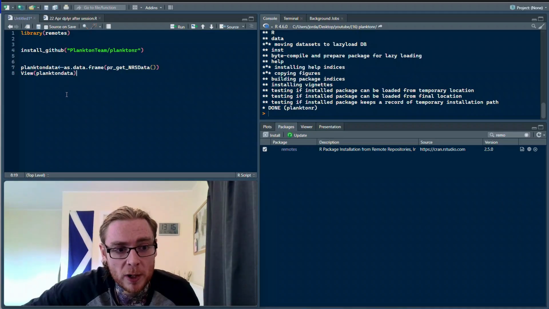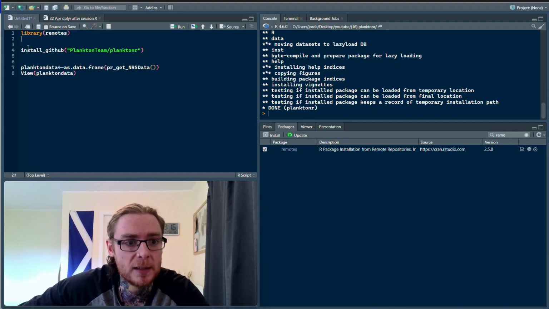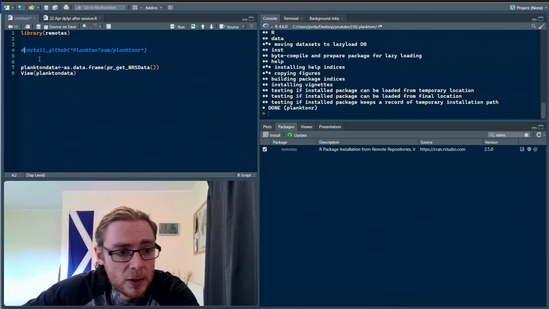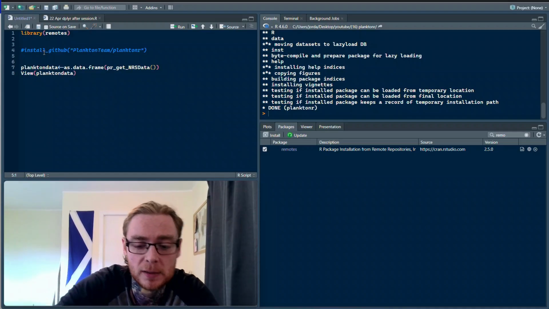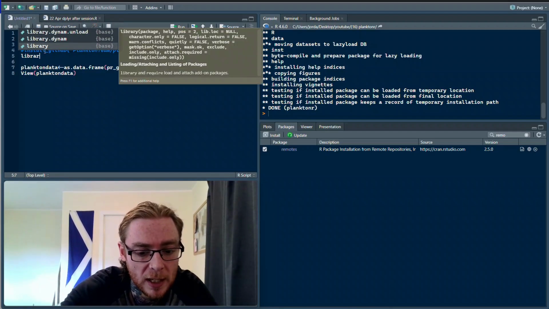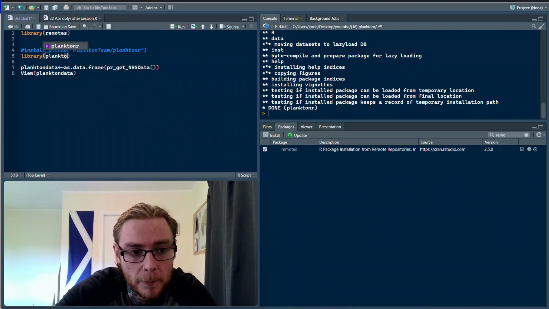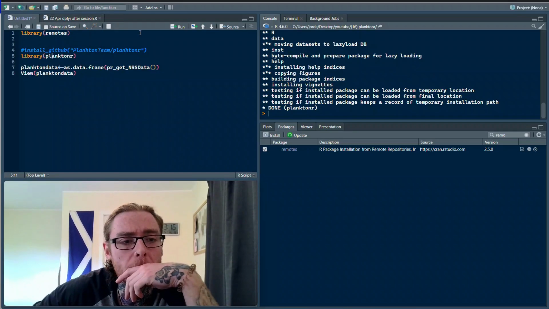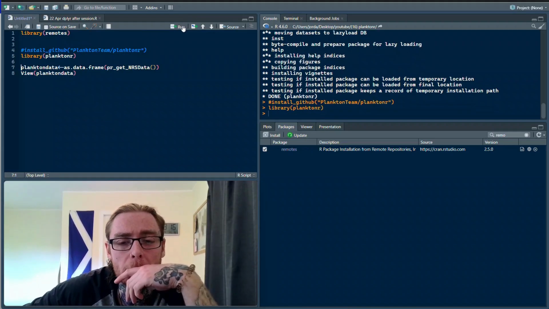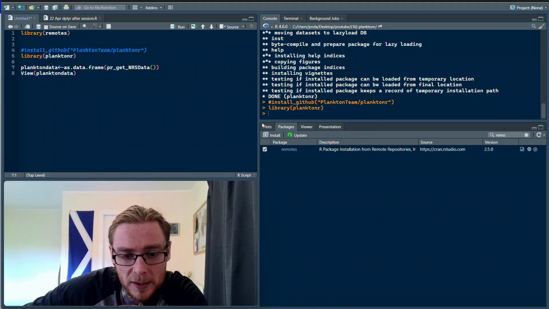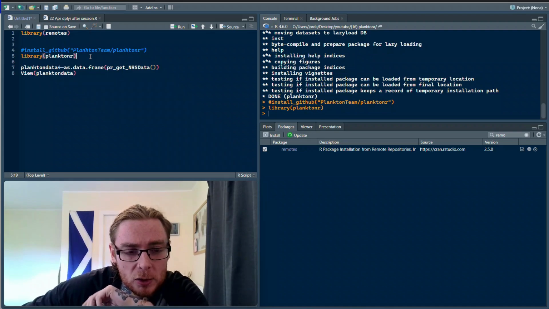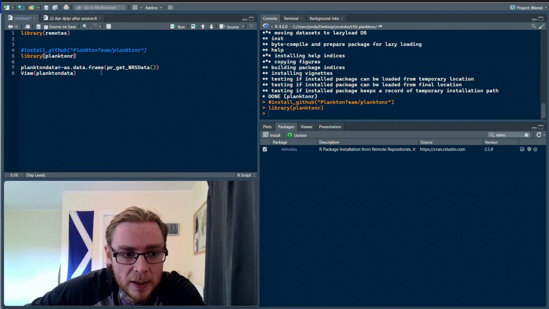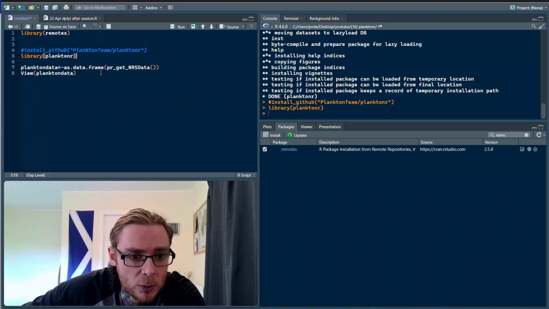All right, so it's worked now, and after that, then we can hashtag this out because we won't need it anymore. And now we can see if we can load the library planktonr. And it's worked. And remember that triangle is a good sign. It means it has worked. So as that website suggested, we need to use a specific code to bring in the data. And if you go back here,